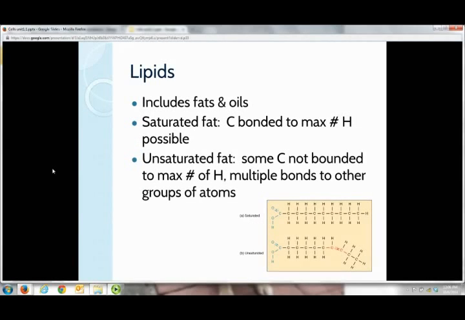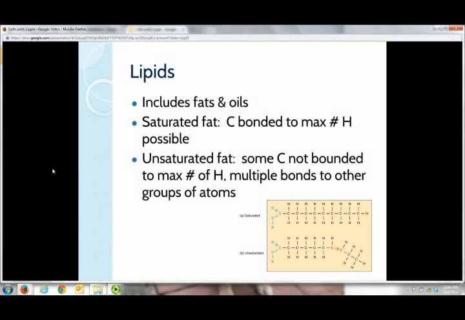The lipids, which include your fats and oils, are going to be long chains of carbon attached to many hydrogens. When they're saturated, the carbon is going to be bonded to as many hydrogens as possible. This is going to be a very stable form for the carbon to be in. As you can see down below in the graphic, there is an example of a saturated fat here, and each